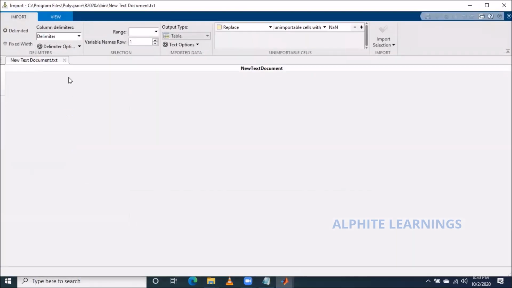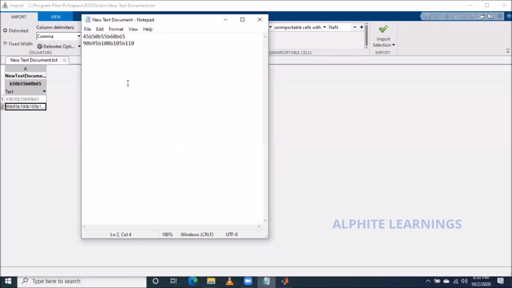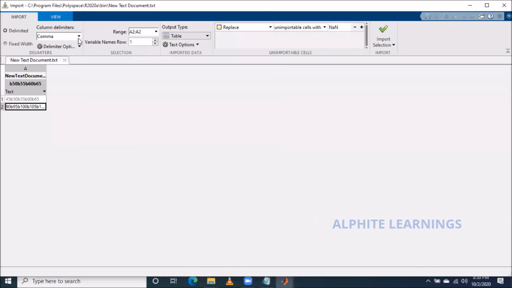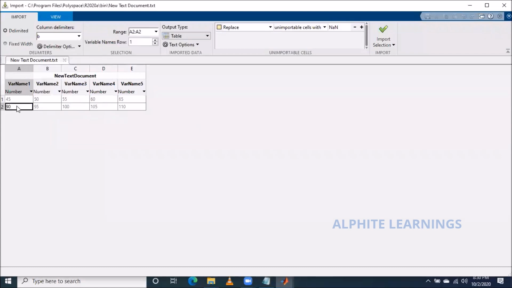So it asks me here, what is your delimiter? Before, I had used a space, and it took that by default. But see, it just analyzed and said, okay, you might have used a comma. I don't find a comma, and in this tab, I don't find a comma. So I'm going to say, hey MATLAB, I didn't use a comma or a tab. I just use a custom delimiter, which is a b. So it just splits everything.